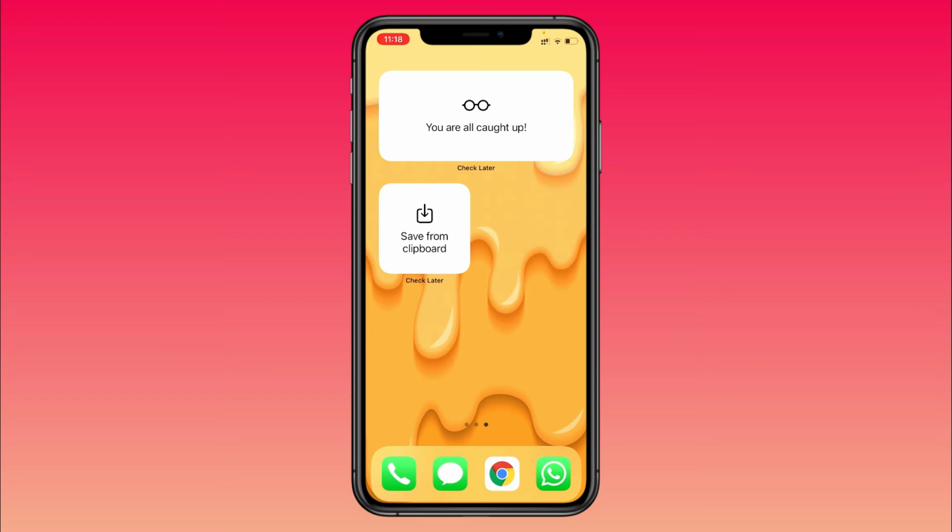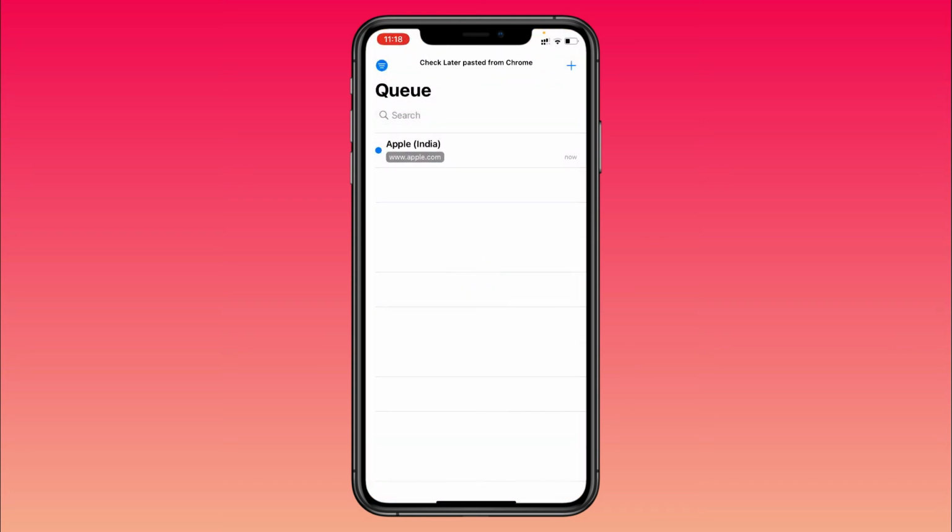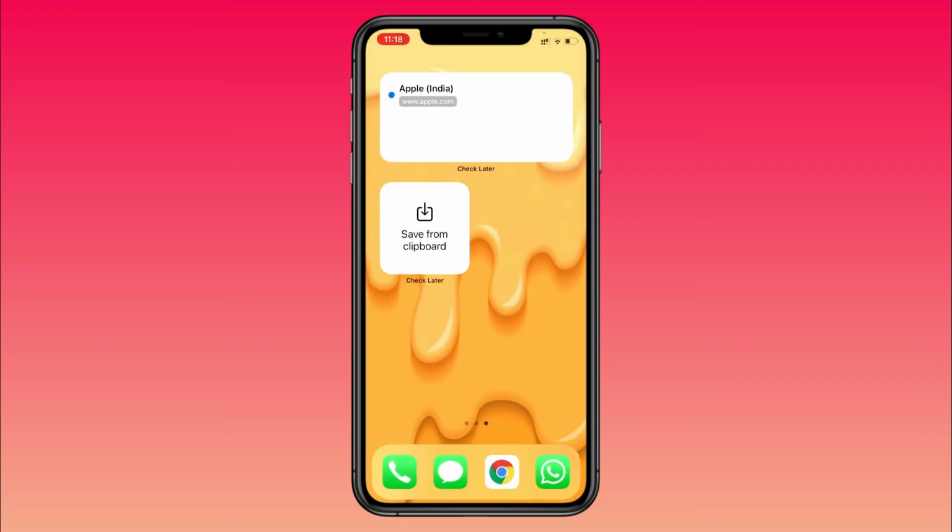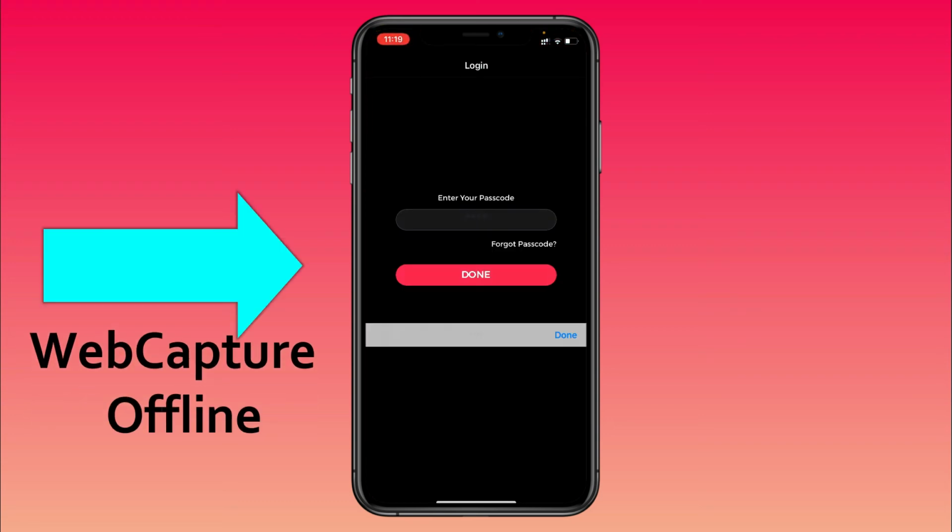And this one right here, when you have a link on your clipboard, all you got to do is just tap right there and it takes you right into the app, and we will add that link to the app. So you can see how easy that is.